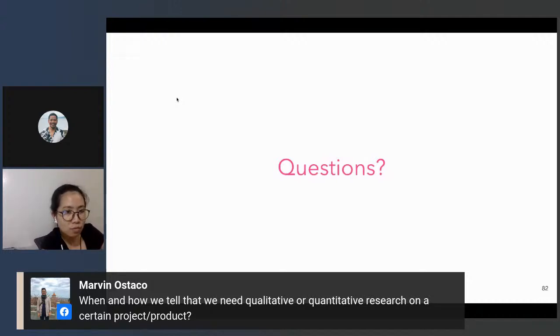So you have to know the problem. First is you have to know the problem that you're trying to solve. Second is do check on the current status of your analytics, your quantitative, and then check if you can find the answer in the qualitative. If not, you have to do your research to be able to figure out why this is a problem. Does that make sense? So this is a simple answer to the question.